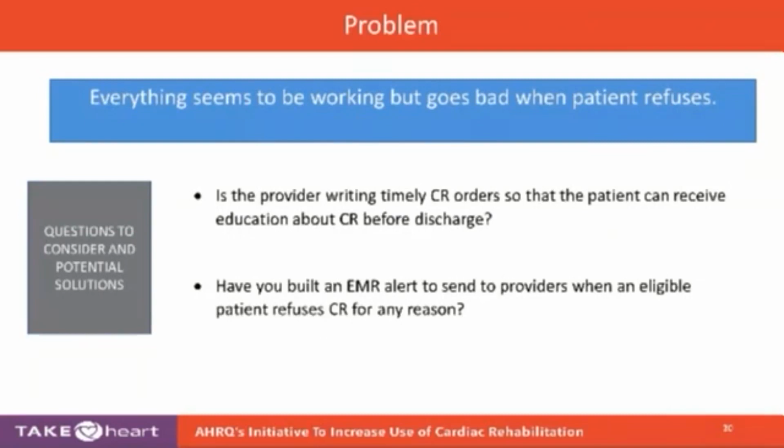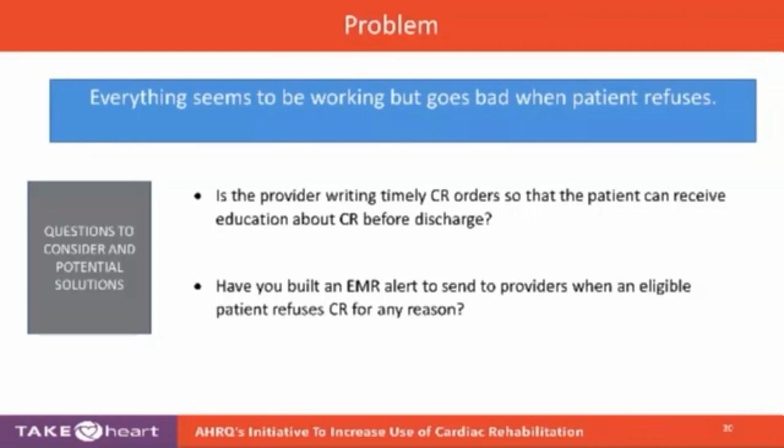And this is really the intersection between automatic referral challenges, and it's possible to build alerts in to remind the providers that somebody that is eligible hasn't chosen to enroll. But this is also a care coordination problem. And in the next two modules, we're going to be talking in a lot of detail about strategies that you can use to work with patients that do have concerns about participating and help them to maximize the number of referred patients that actually do enroll